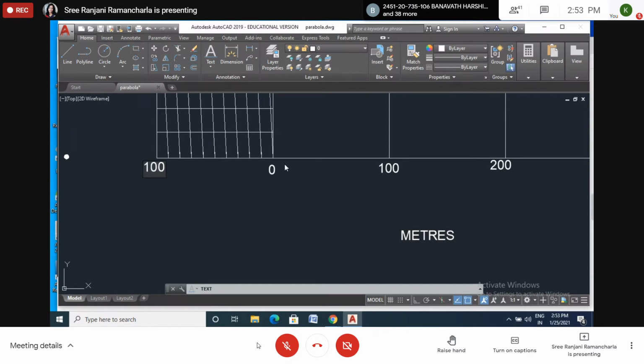Okay, now whatever length there is from 0 to here, this is also the same. But here I will write 10. Am I right? This is 10. So here I can't write 10, I will write 20. This is 30 and this is 40. So this is 50. This is 60. So this is 70 and this is 80. Okay. So what is this, 10, 20, 30, 40? What are each? Meters. So here also I will write meters only, the same level.